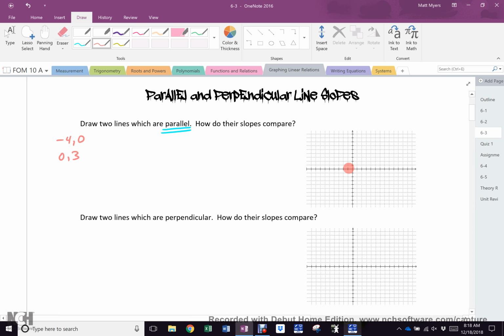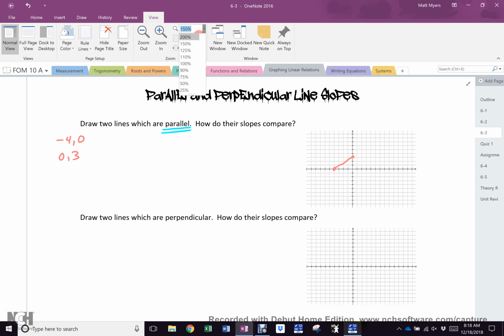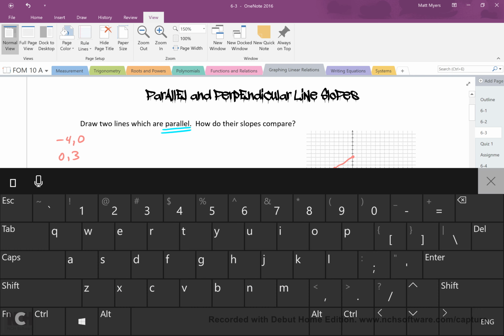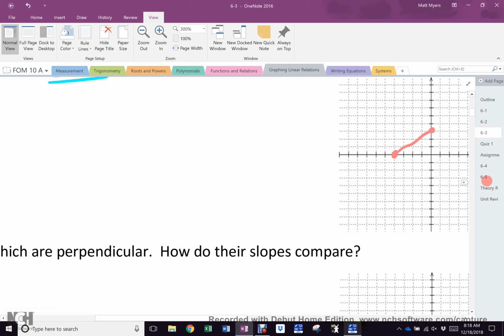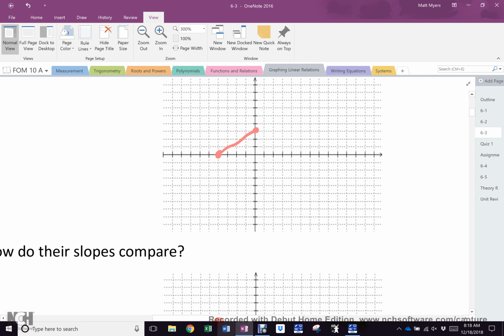That is long enough. And that should be your line. I will zoom in to make it easier to see what it is we are indeed doing. Yeah? Now,